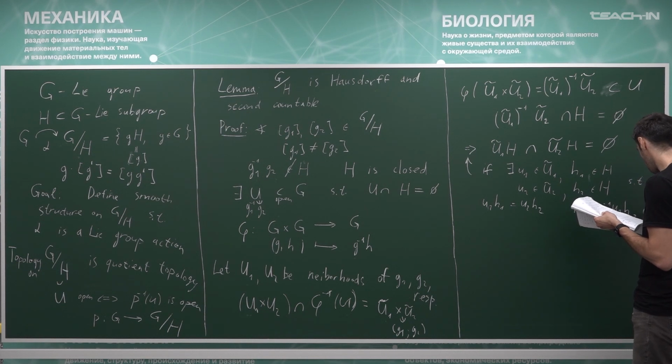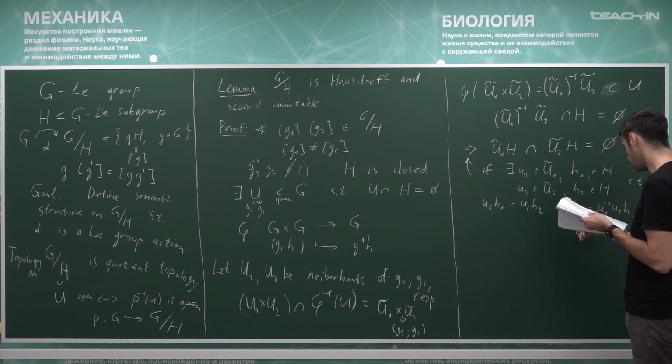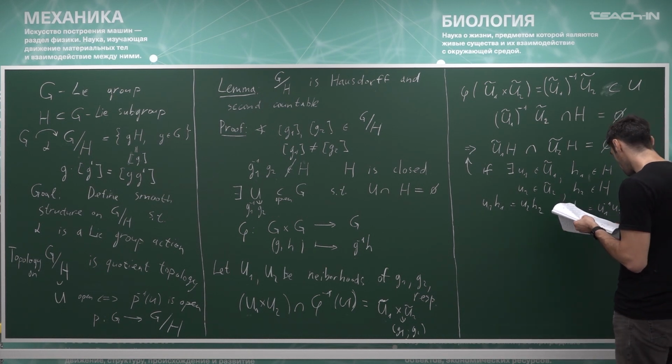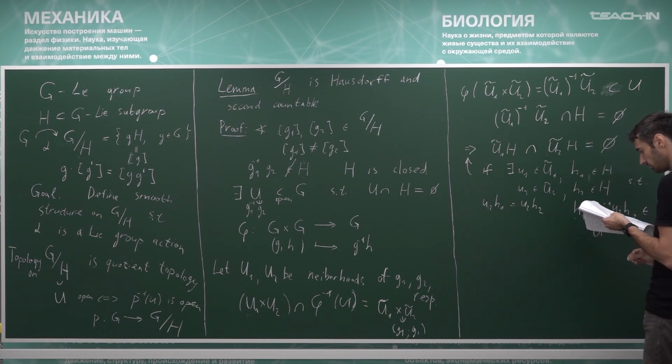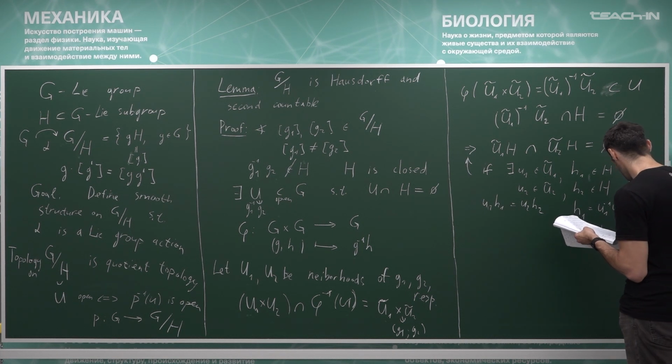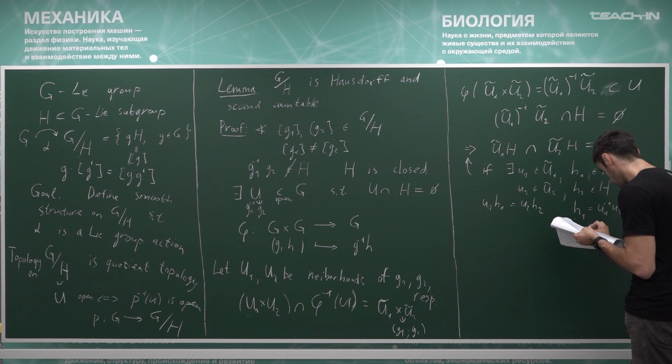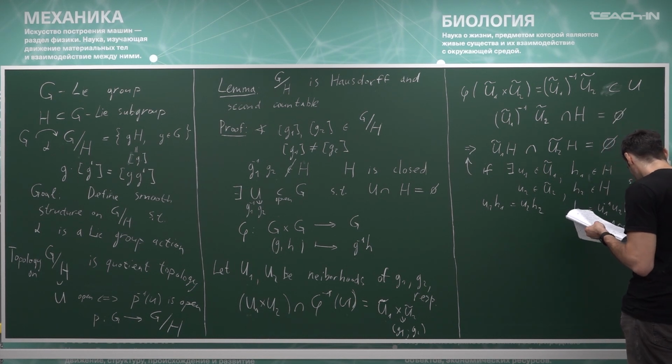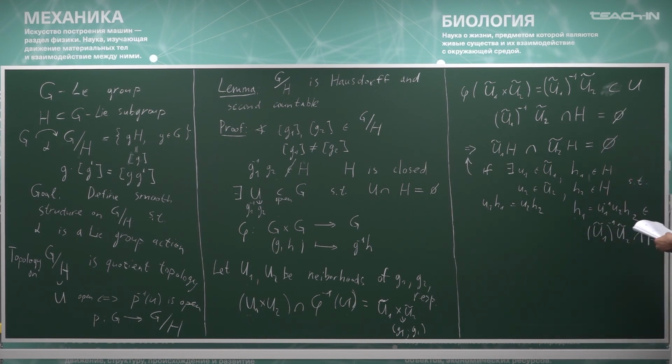And this belongs to, so h1, so this belongs to what? This belongs to the intersection of u1 tilde inverse and u2 tilde and h. So it belongs to h on one hand. On the other hand,